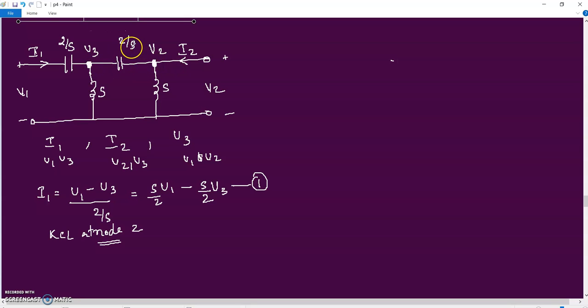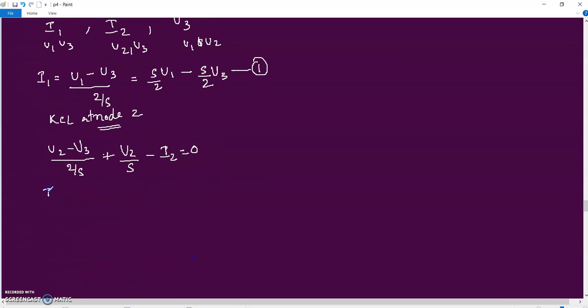Here V2 minus V3 by 2 by S. Next we have this branch V2 by S plus V2 by S. In these two branches, the direction of current is not given, so we took it as moving out. And in this branch, we have the current I2 moving inwards, so we can take it as minus I2 is equal to 0. So we can write I2 is equal to